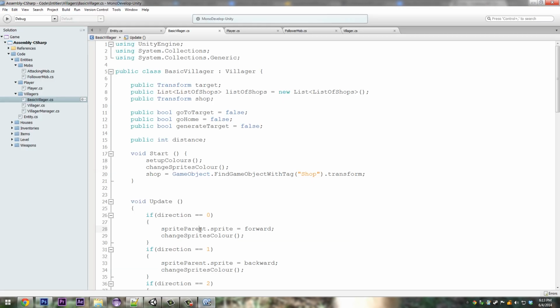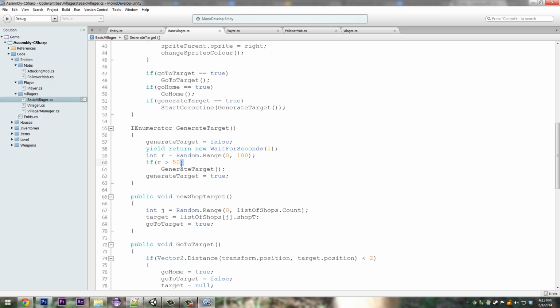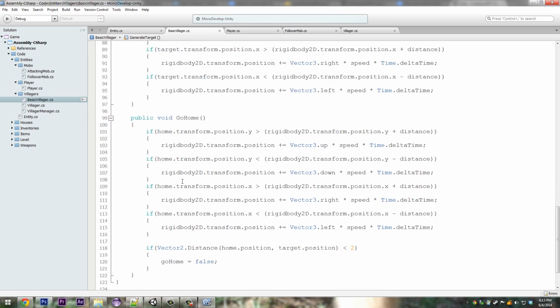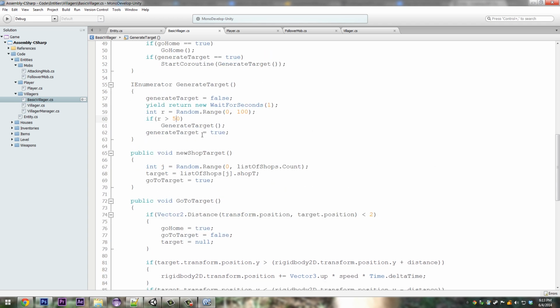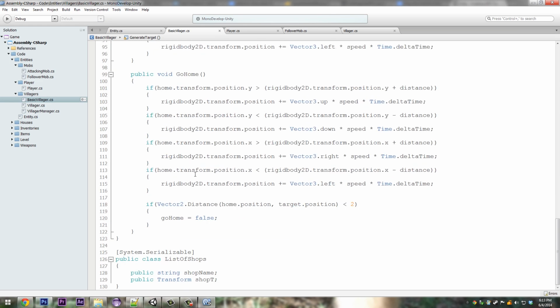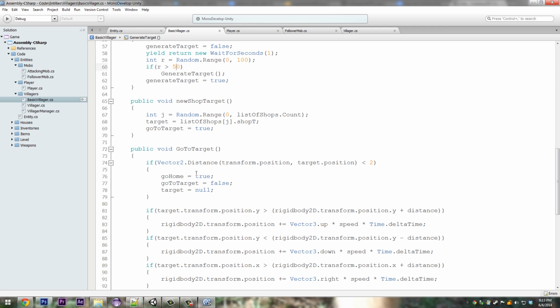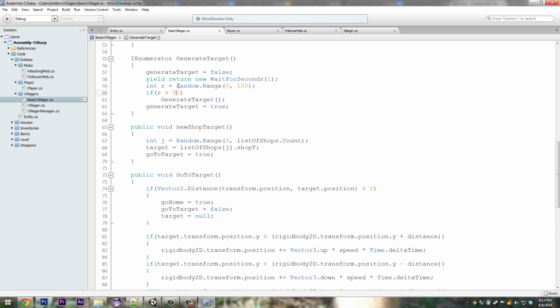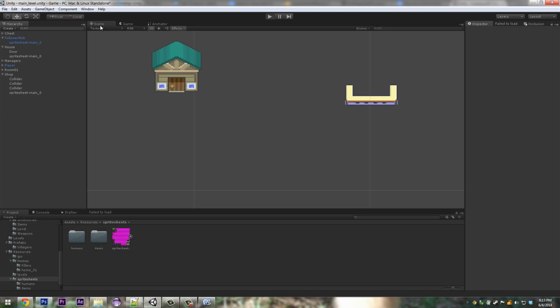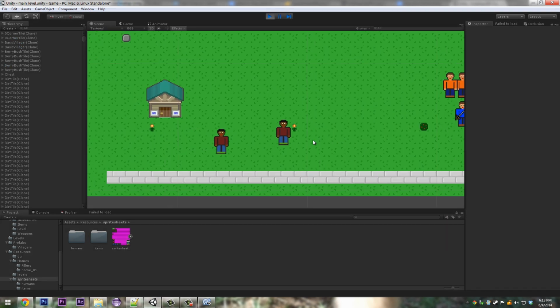We'll actually make it a bigger chance, because it'd probably be easy. Oh yeah, right. Here, in generate target, we meant to change this to new shop target, and rather than list of shops, just make this target is equal to shop for testing. So if we click play, go into our scene, you see that one moves to the shop,